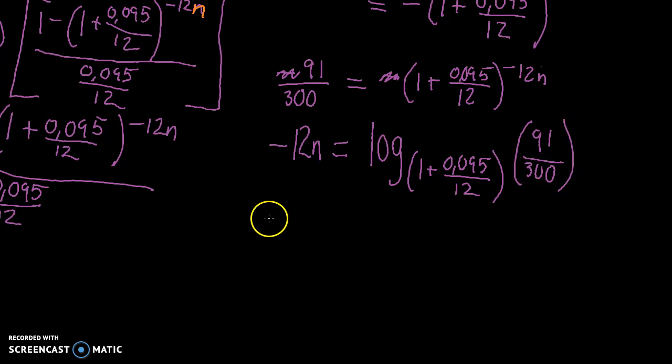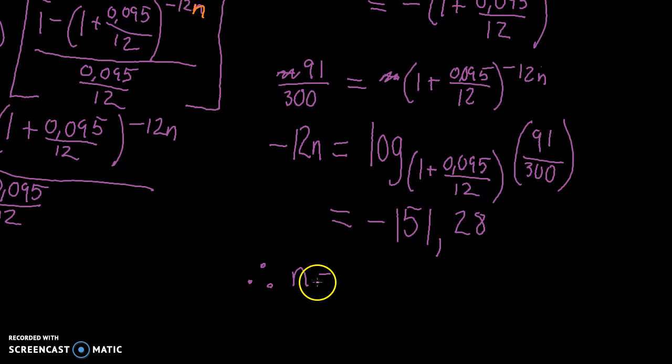And at this point I'm going to ask you to just believe me, because I am running out of time, that this is equal to 151.28, which means n is therefore equal to